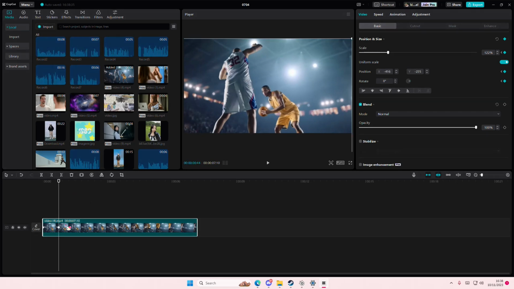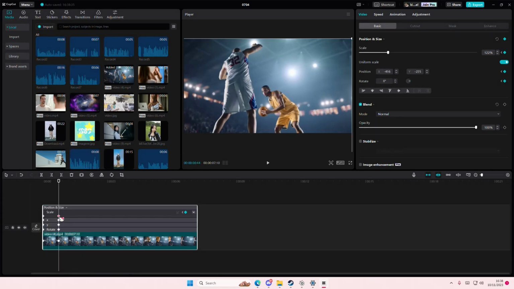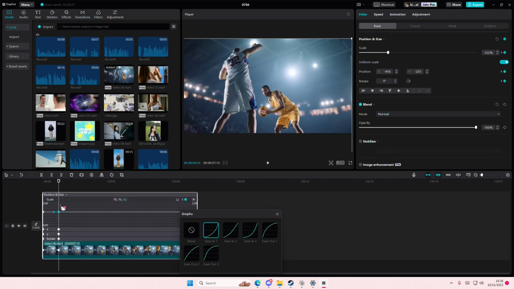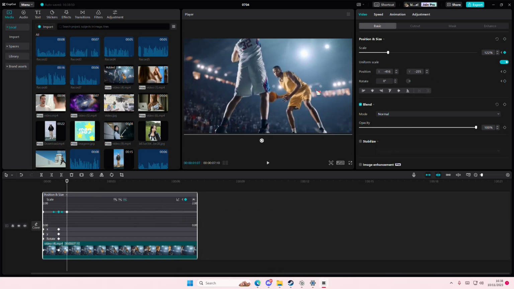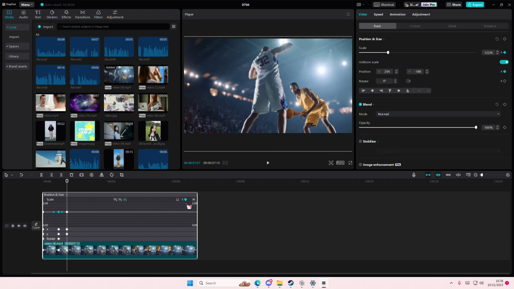Then I'm just going to right click, show keyframe animation, and on the position and size, I'm going to select graphs here and I'm going to select the ease in. Then I'm going to add keyframes here instead of there, and I'm just going to, for instance, move it here, add another,